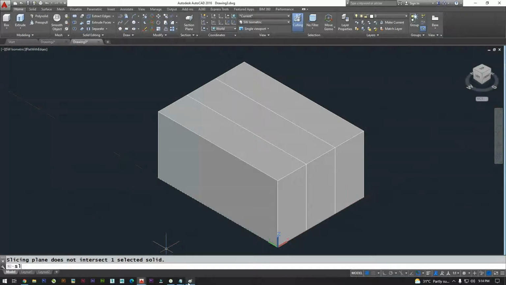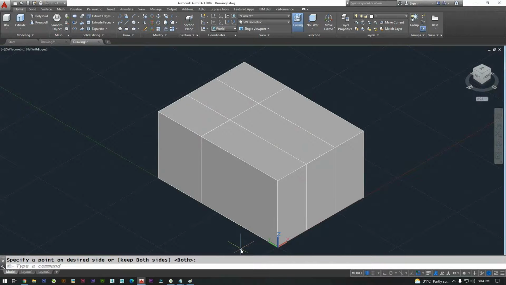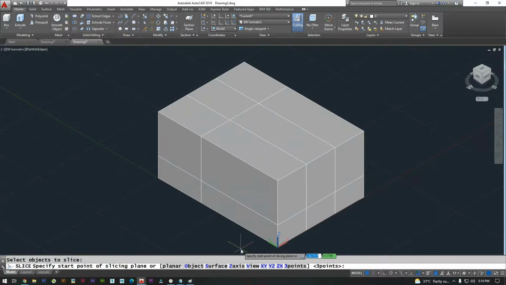SL, enter, all. If you want it in a Y plane, you need to specify ZX. So 0, comma, 80, comma, 0. Now we'll start with the Z plane. SL, all. Let's take XY, 0, 0, 20. Same XY, 0, 0, 40.